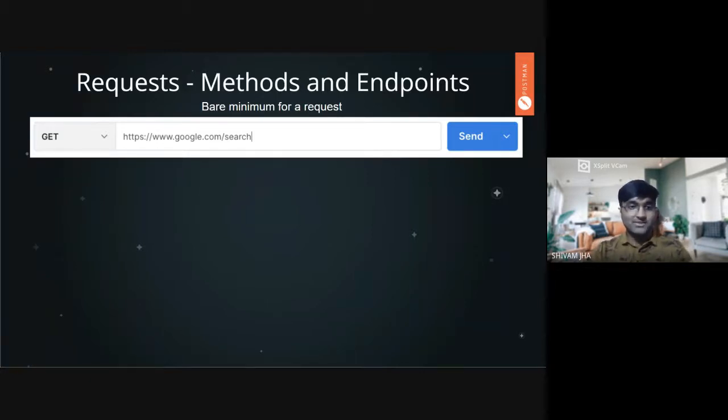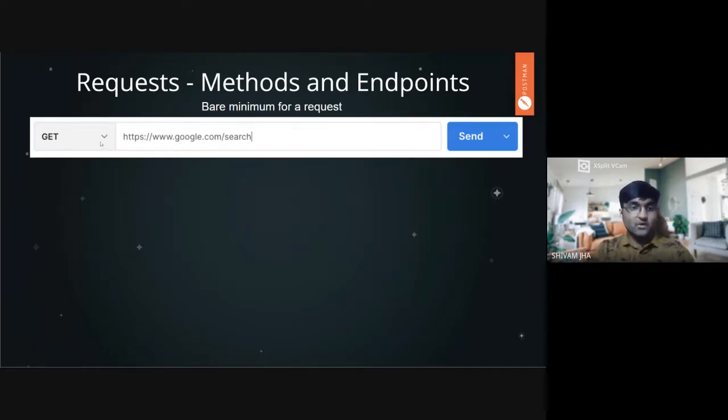We'll see it soon. This Google search example is quite an interesting one. First we'll specify the type of request that we are making, the method. It's a GET request. What is a GET request? A GET request is requesting the server to send you something back, any resource, like a page. Whenever you search for any topic on google.com, it renders the web page back to you. So you're making a GET request each and every time that you search for something on Google.